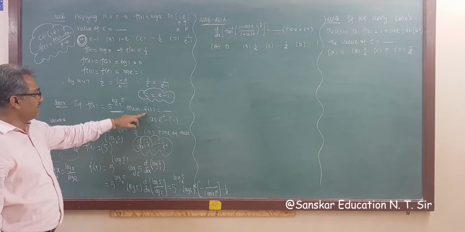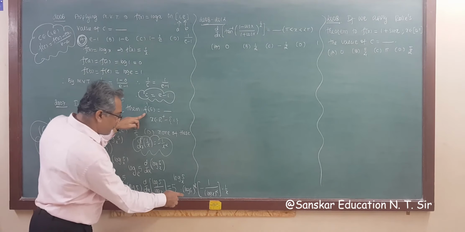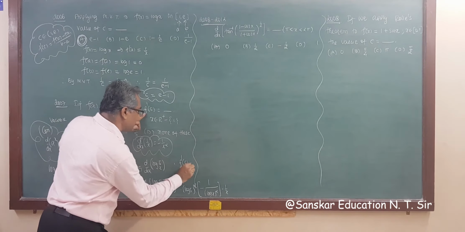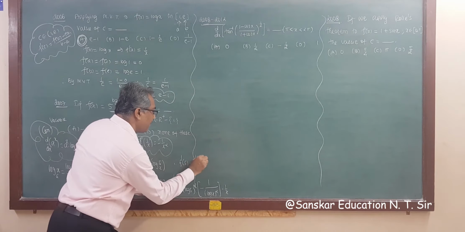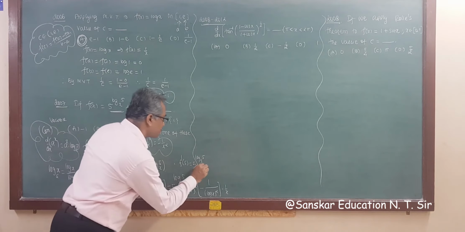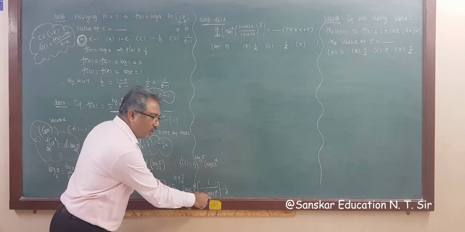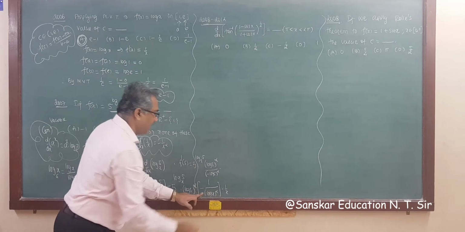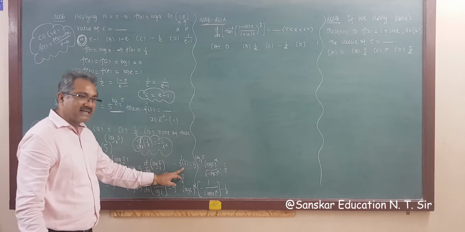But what is our question? We have to find the value of f dash 5, so we have to substitute x equal to 5 here. So what do we get? Therefore f dash 5 is equal to 5 raised to log 5 base 5, right? This is log 5 square, so this is log 5 square. This is minus log 5 whole square, into 1 upon x, that is 1 upon 5, because we are substituting x equal to 5 here.